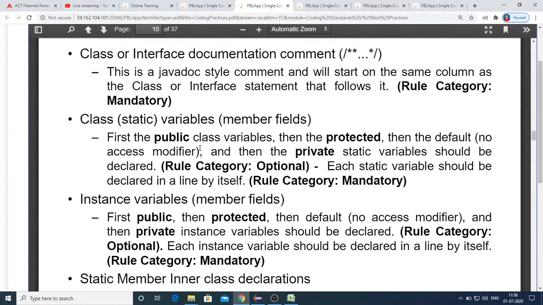Another point to be remembered is, we are not used to doing that, but in real time they will strictly enforce a rule on you: if you have two variables, you have to declare them on two separate lines. We are used to writing like int number1, number2, but in real time they will not let you do that. They will ask you to write every declaration on a new line. So int number1 semicolon, next line int number2. You are not allowed to have multiple variable declarations in one line.